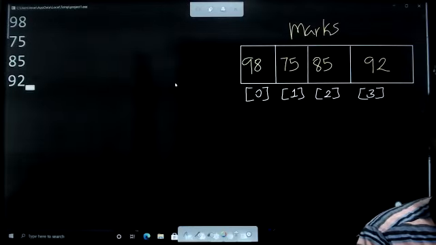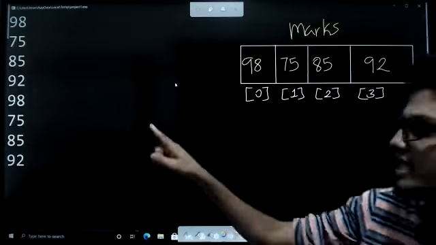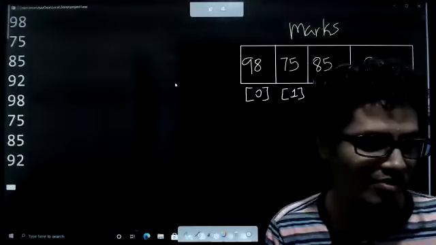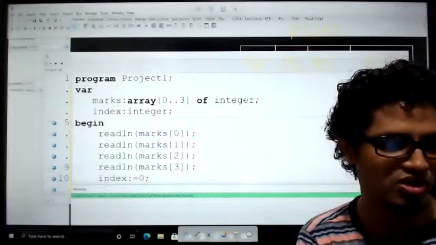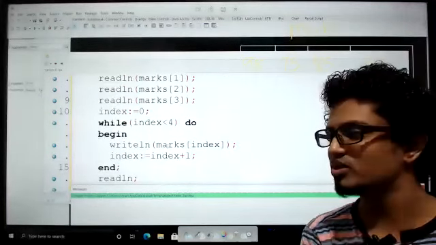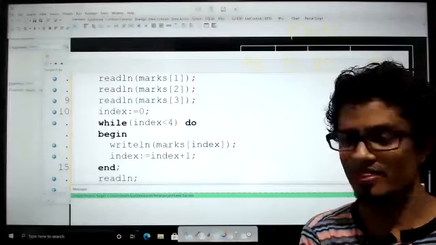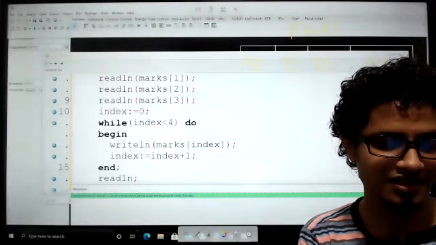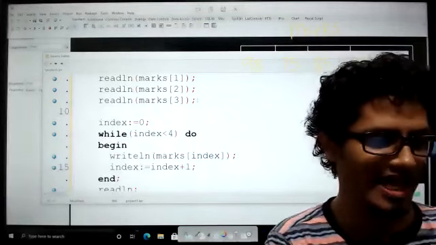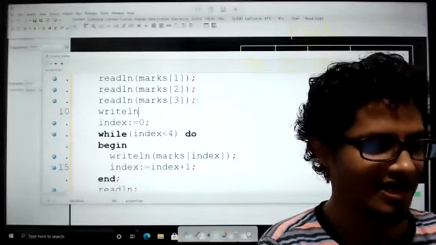Now when I'm going to hit enter, it's going to show me 98, 75, 85, 92 again. Why? Because I have the rest of the code to display the marks. So before displaying marks, I'm going to have a small writeln statement.